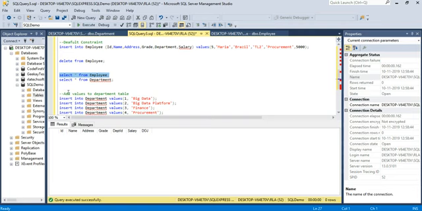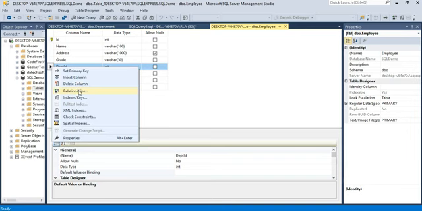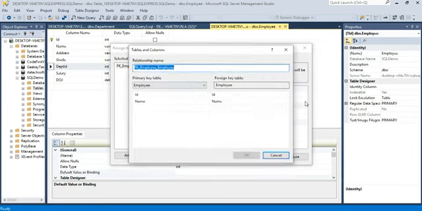So before we go ahead and add the data into employee, what we will do is we will create a foreign key constraint. So for that, we will go to the employee table and select the department ID, go to relationship, click on add. Under tables and column specification, you click on this 3 dot. So let us call this FK, which is foreign key,